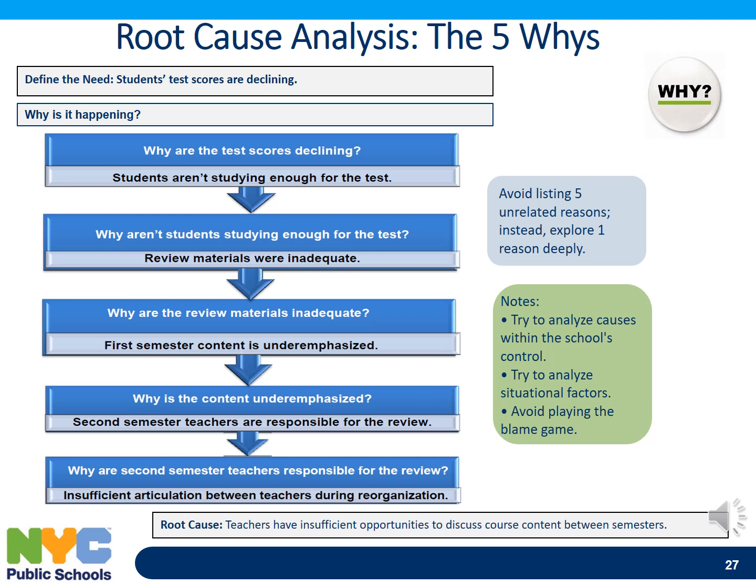In our example, the need is defined as declining student achievement on summative exams. The first why yields that students aren't studying enough for the exam. The second why yields that review materials were inadequate. The third why reveals that content from earlier in the year is underemphasized. The fourth why indicates that second semester teachers are responsible for reviewing the content from earlier in the year. And the final why informs us that teachers don't have enough opportunities to discuss course content between the first and